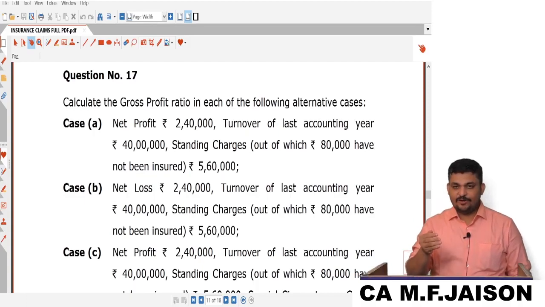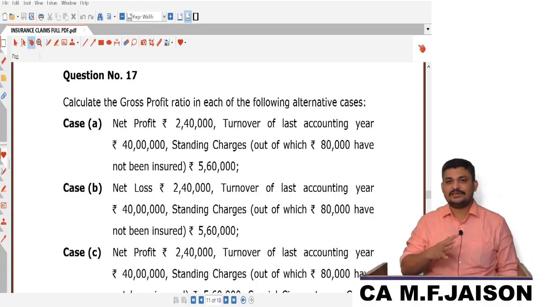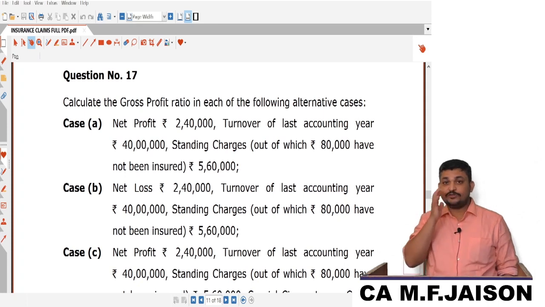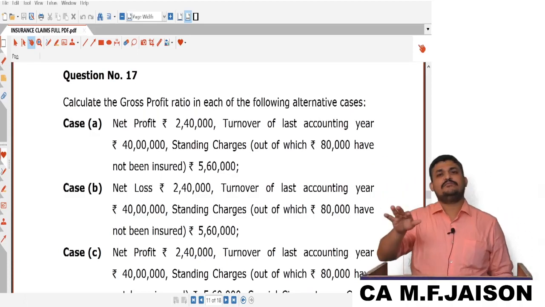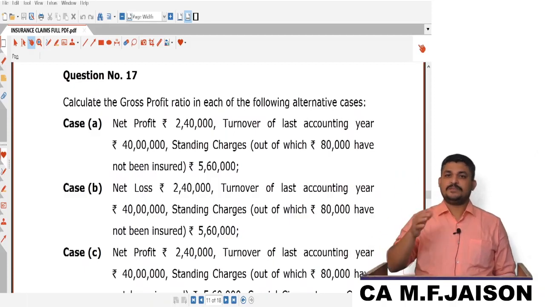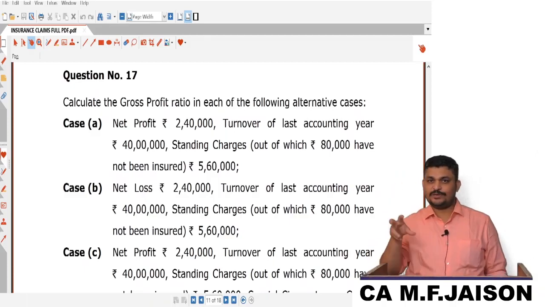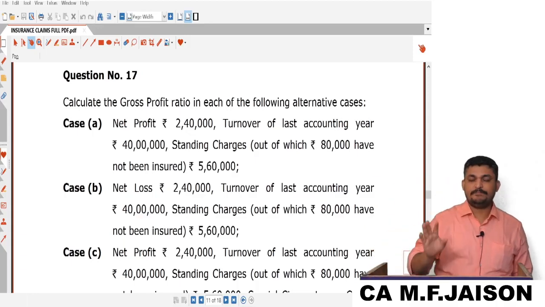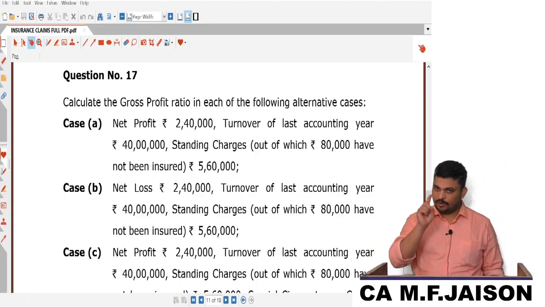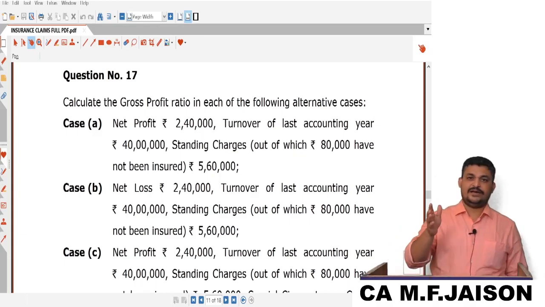Once case A is done, you are extremely happy, and going to case B, suddenly you find one doubt. Even if you feel there is a new scenario which I have not discussed, I want you to apply your mind and think something and proceed. Suppose you have some loss situation, how to handle the loss situation I have not discussed, so apply your mind and do something. So please spend 10-15 minutes, stop the video, keep solving it, my dear friends.